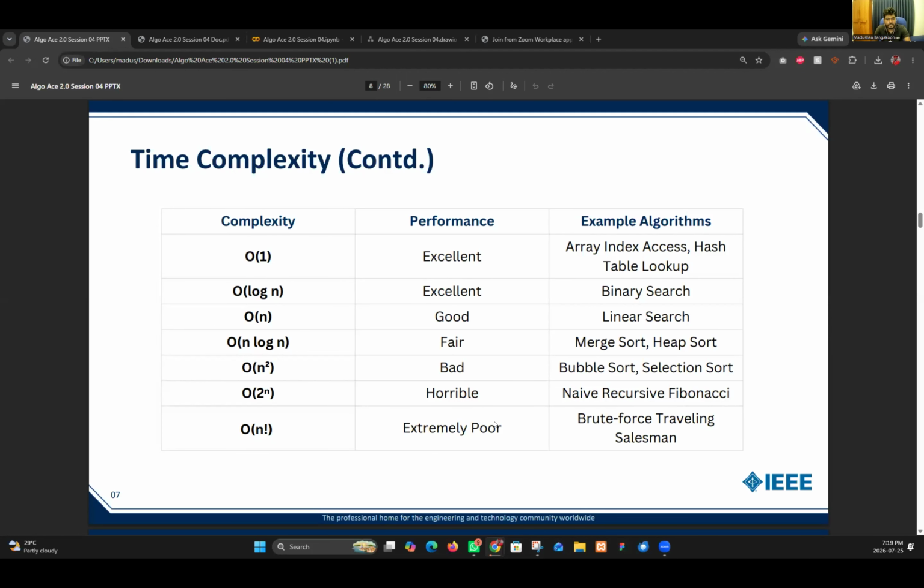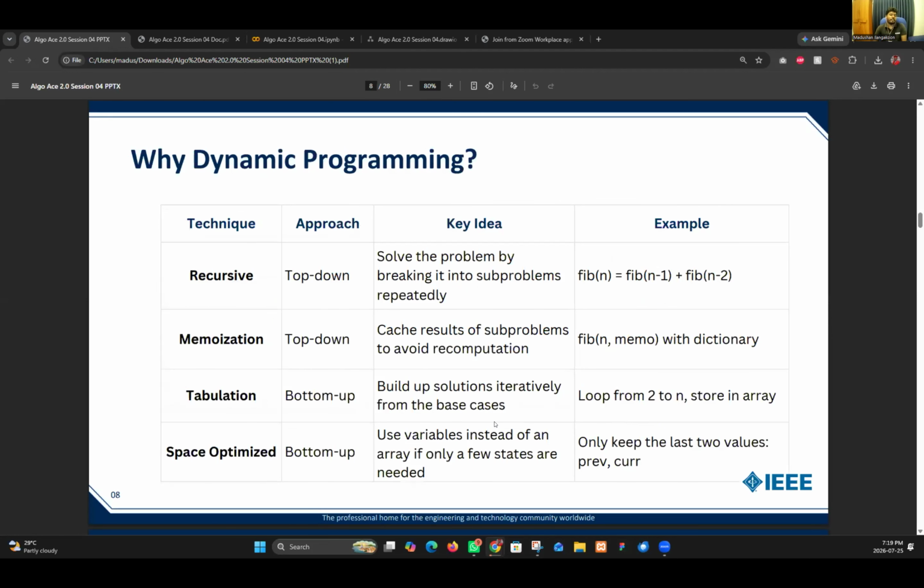In dynamic programming, basically we have two approaches: top down and bottom up. Top down means we think about the problem and sort it out.